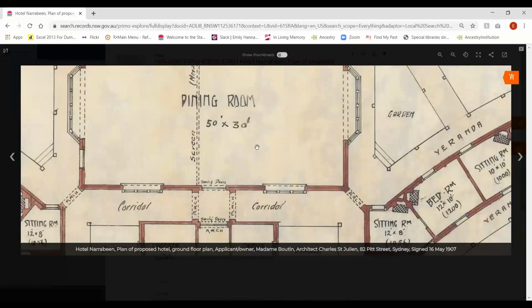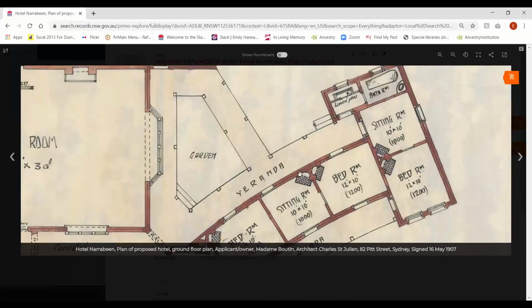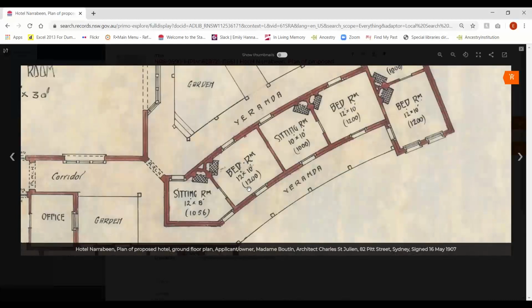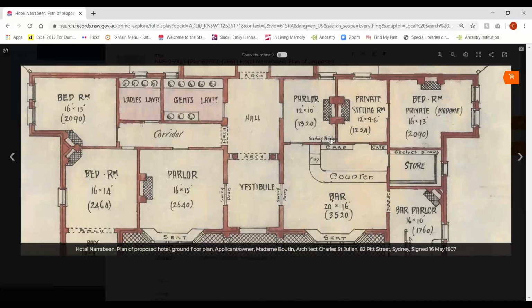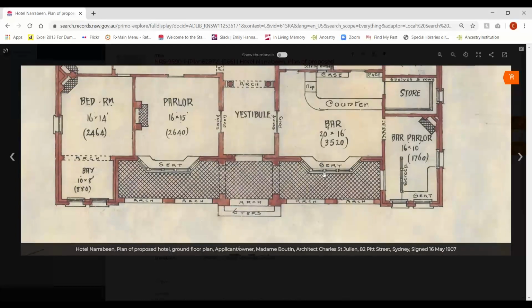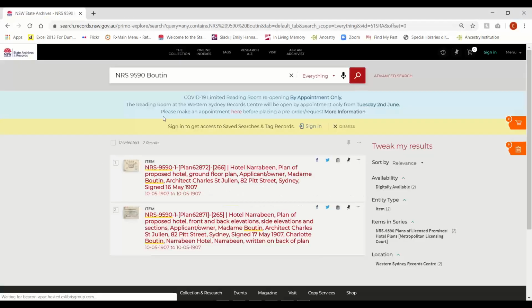The sizes of each of the rooms, the doors, the arches, linen presses and bathrooms. Back in the days when a shared bathroom was how you went and had a hotel experience. Madame's bedroom over here, near to the bar, and also her private sitting room, I suppose. So quite something. Now, we might also be interested to know whether there were further plans of the Hotel Narrabeen,